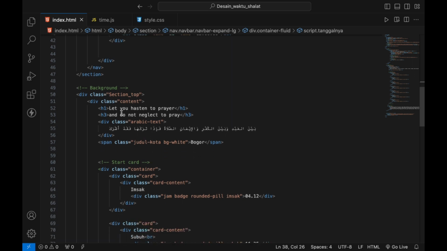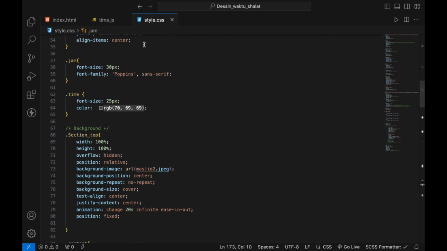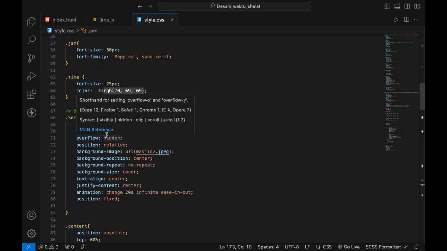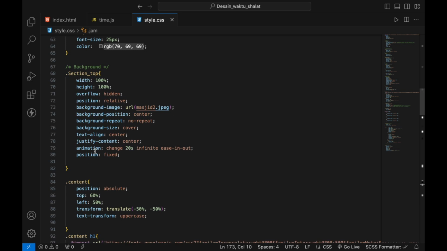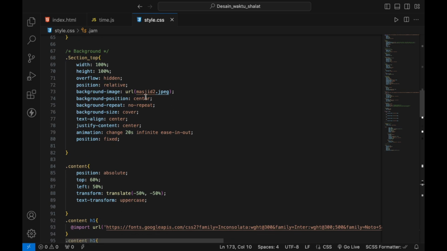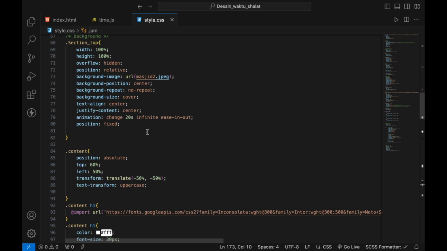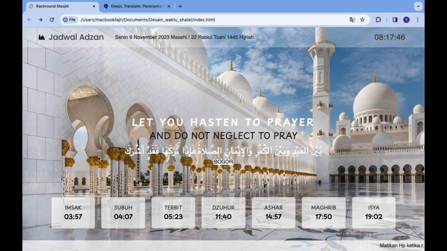After that in style CSS I make this section top with width 100%, height 100%, overflow hidden, position relative, background image URL masjid2.jpg, background position center, background repeat no-repeat, background size cover, text align center, justify content center, animation change 20 seconds infinite ease-in-out, and position fixed. Position fixed for the background, so it does not scroll.